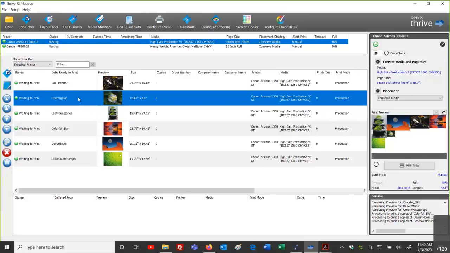Well, you could make it a standard operating procedure where we would have to drag that hydrangeas back up and print again to let the RIP software generate the data to report to Hub that there was a second print of hydrangeas.